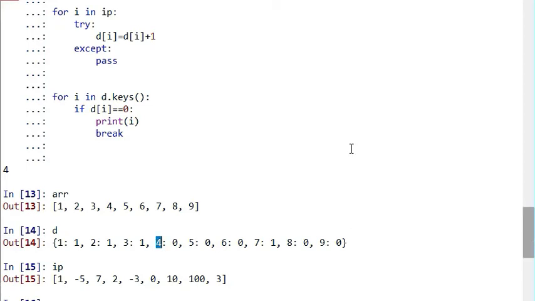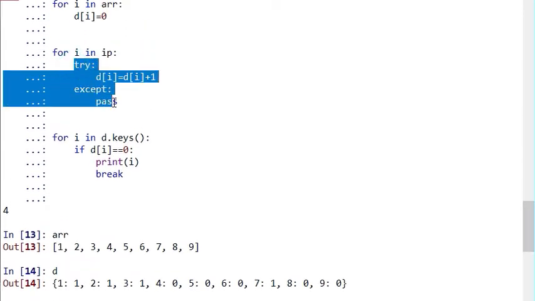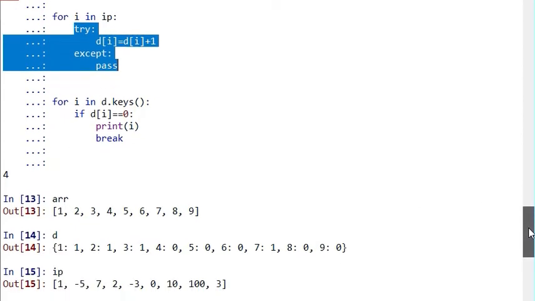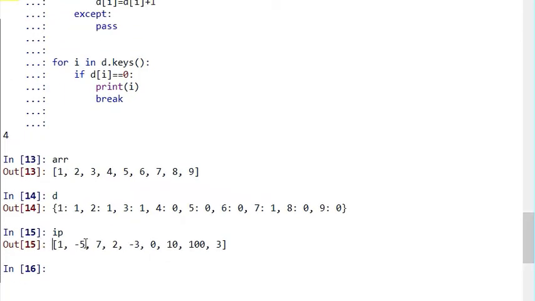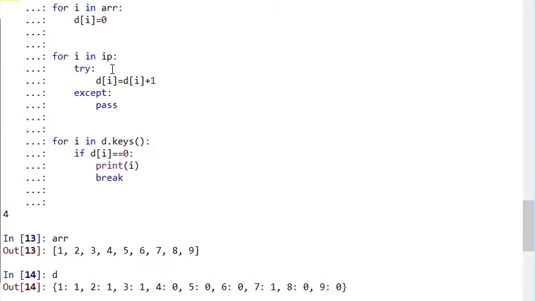One extra thing to note here is that I have put this in try and except, because some numbers may not be in the list, like 4. In my first input there is no 4, but in my dictionary I have initialized 4 also as a key-value pair with value 0.